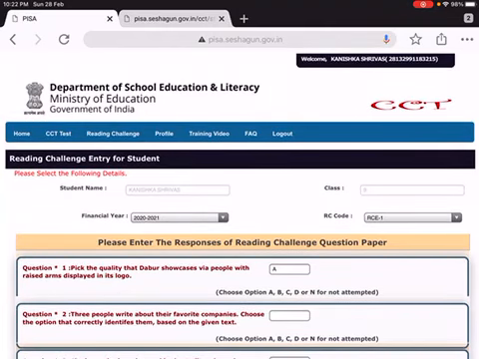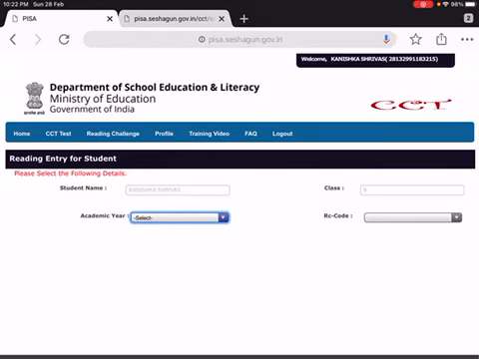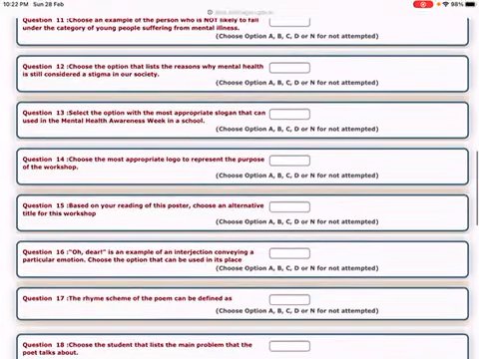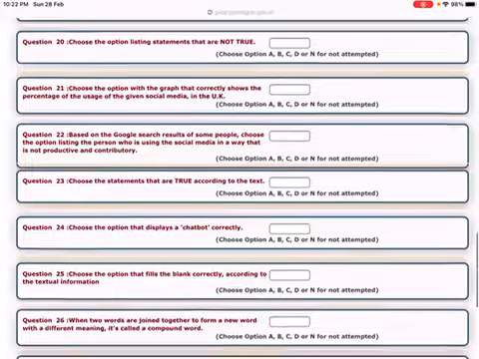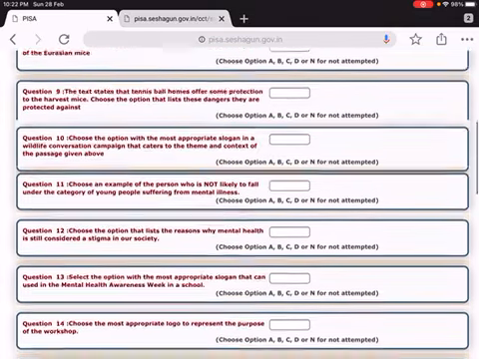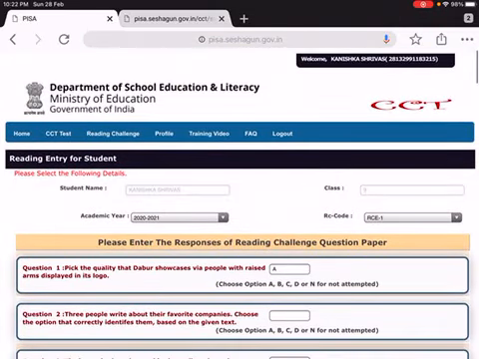Here, under Reading Challenge, again the last option is the log test. You just select the year, select English or Hindi, and without looking at anything, you just click on the log button. I am not clicking the log button here, otherwise it will be logged. So you only have to do this much of the process and complete your PISA reading challenge. Okay, thank you.